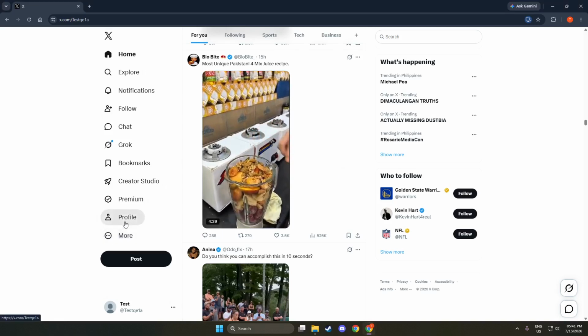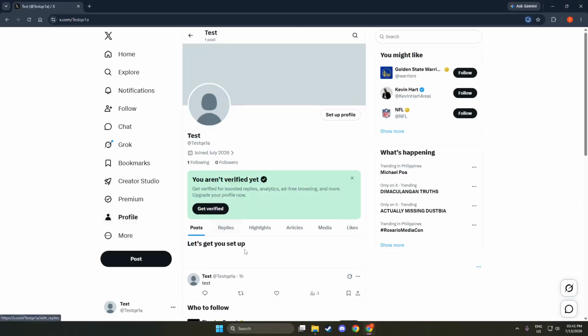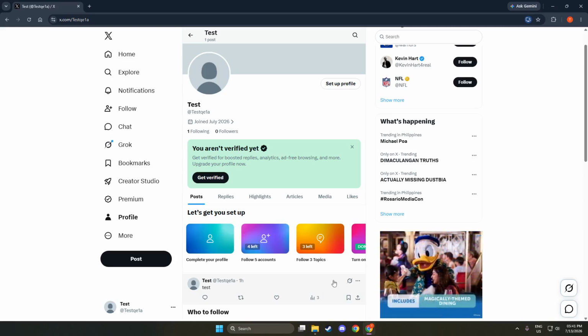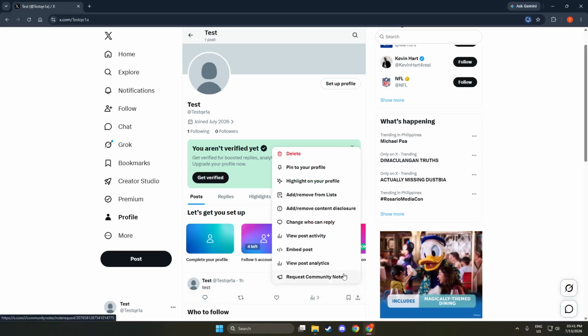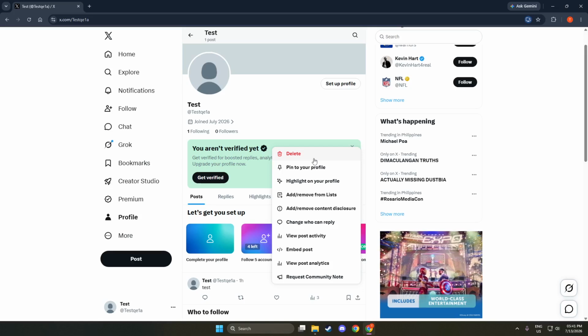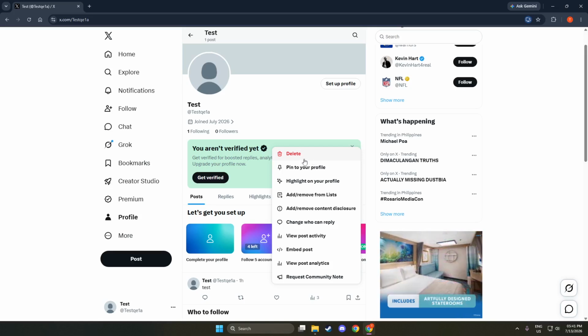After identifying the post, click on the three dots, often referred to as the Options menu, located at the top right corner of the post. This menu is represented by the three-dots symbol. Clicking this will open a drop-down menu with several options related to that post. It's important to recognize this menu as it gives you access to various actions you can take concerning your post. You will see other options, but for now, we are focused on deleting the post.